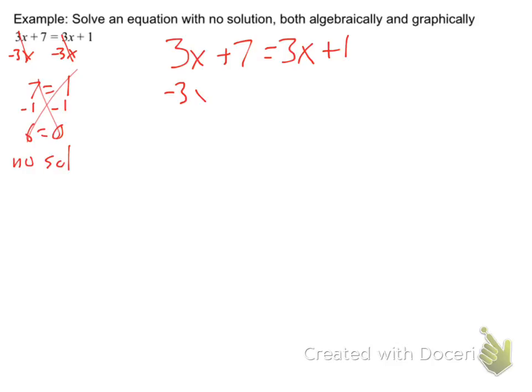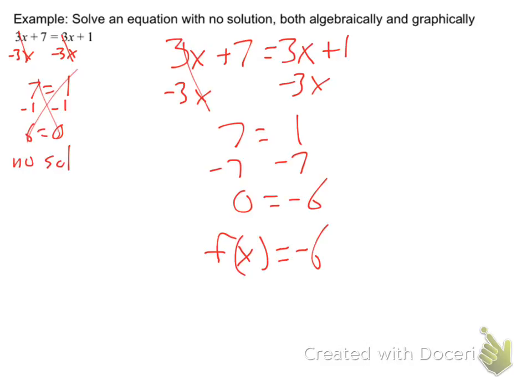So let's just subtract 3x, subtract 3x. So 7 equals 1. Let's subtract 7. So now 0 equals negative 6. Is everybody okay with that? I set it equal to 0? Yep. But then I'm supposed to take the 0 away and make it with an